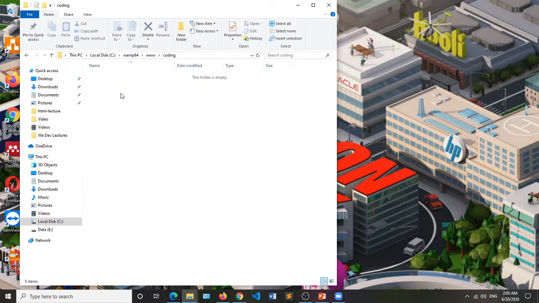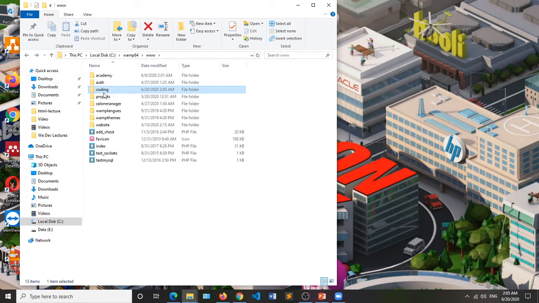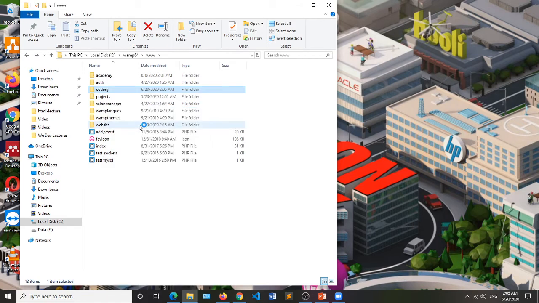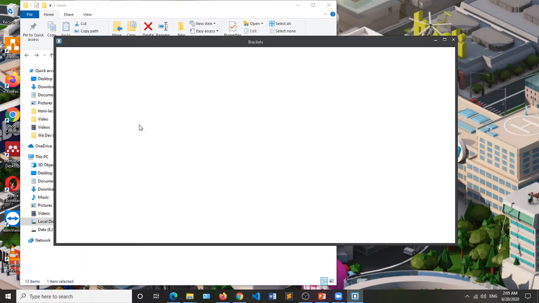So double click on the folder. The folder is empty. Once you have Brackets installed, you can right click on the coding folder and select open as Brackets project. It automatically launches your text editor.